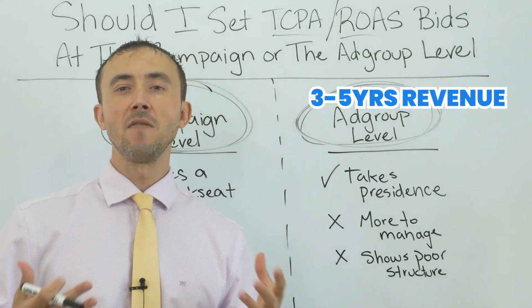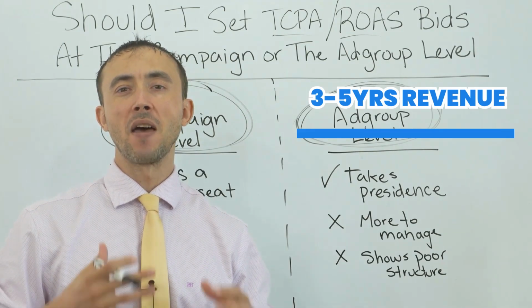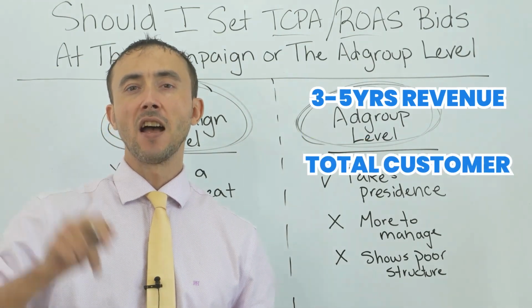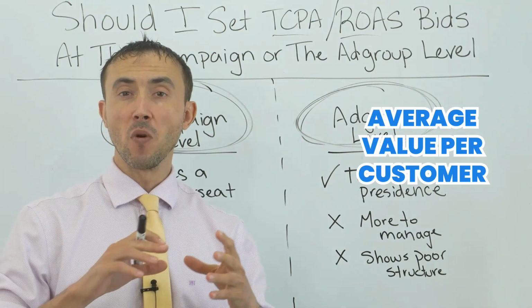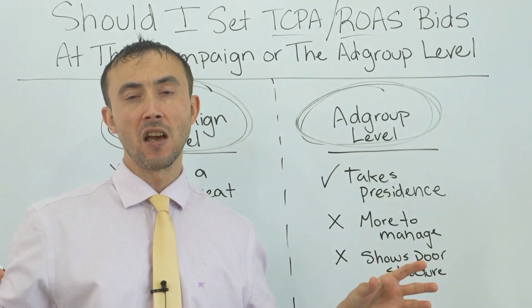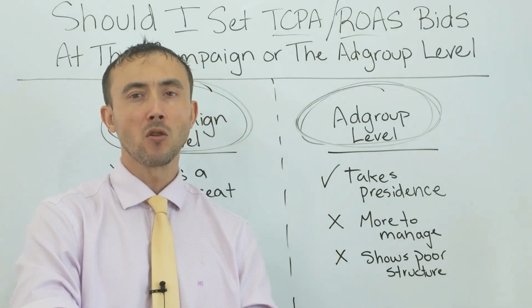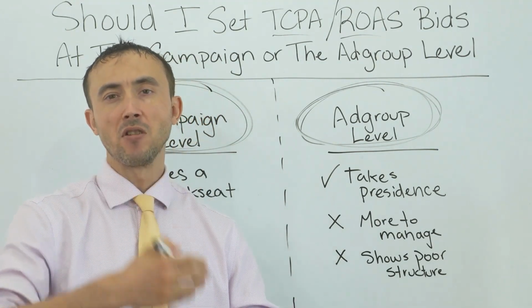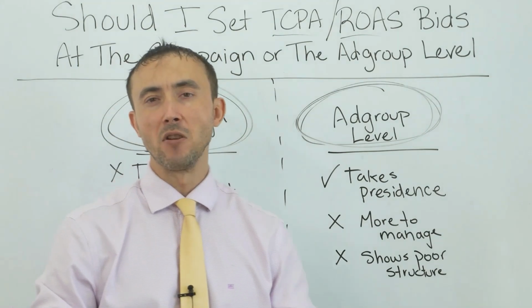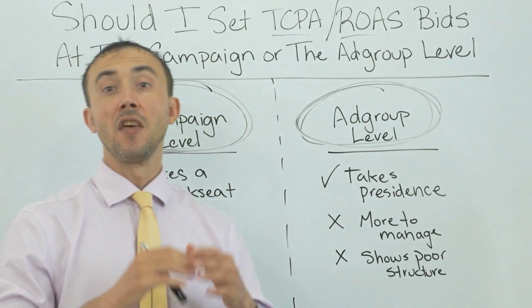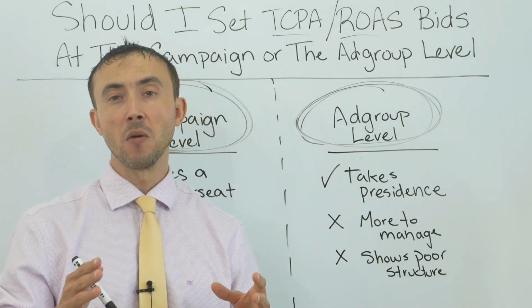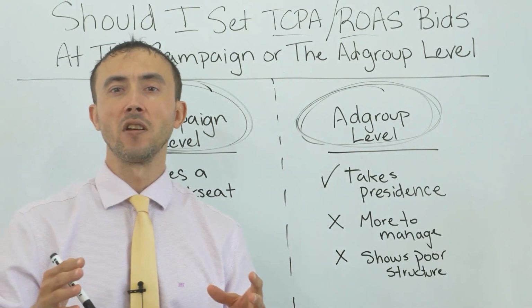Take your last 5 years or 3 years worth of revenue, divide it by the total unique customers you've had. That's your average value per customer. If you have very different services, you do it by service: the total number of clogged toilet customers we've had and how much they've spent overall, and that's my average revenue per customer, okay? Then you look at how many calls it typically takes a clogged toilet customer to sign on